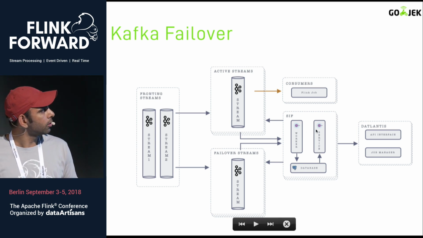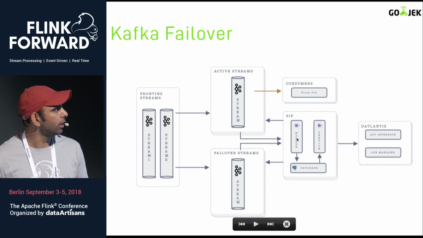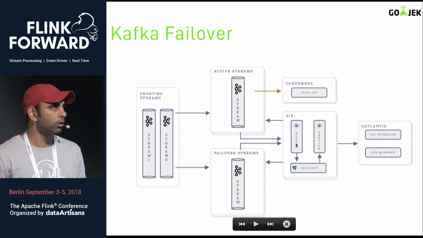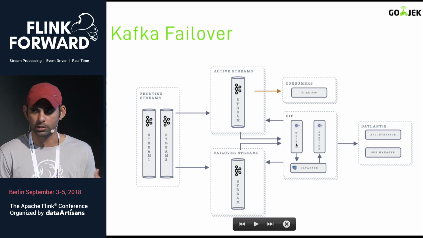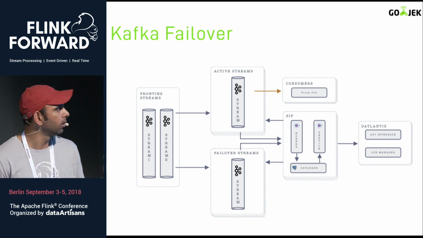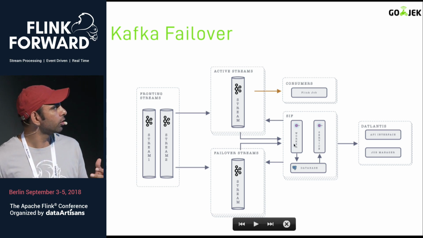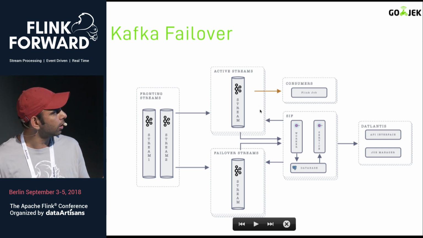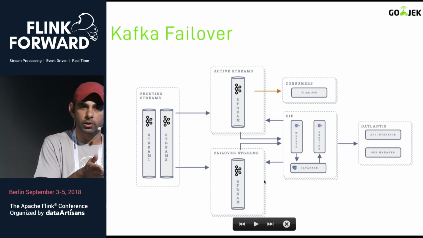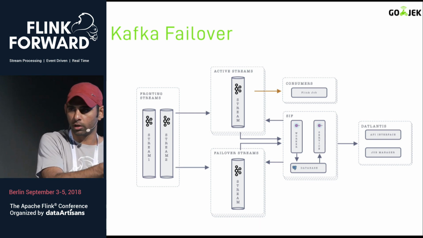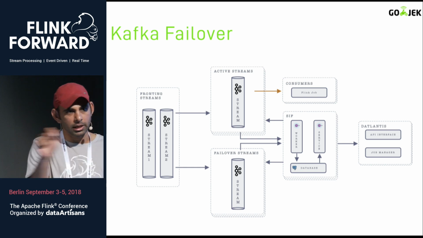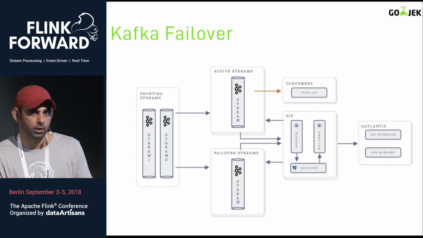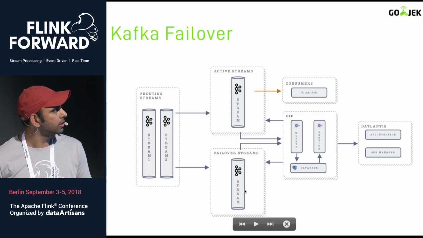So how the entire process looks is that SIF keeps on monitoring these clusters, and as soon as SIF gets to know that, okay, the active stream is dead for some reason, let's say the entire cluster is out, then it makes sure that it switches all the consumers, with the right offsets, to the failover stream. So all the consumer offsets of all the running jobs from the older cluster are seeked and pointed to the failover stream. Now what can happen is that now we need to do two things.